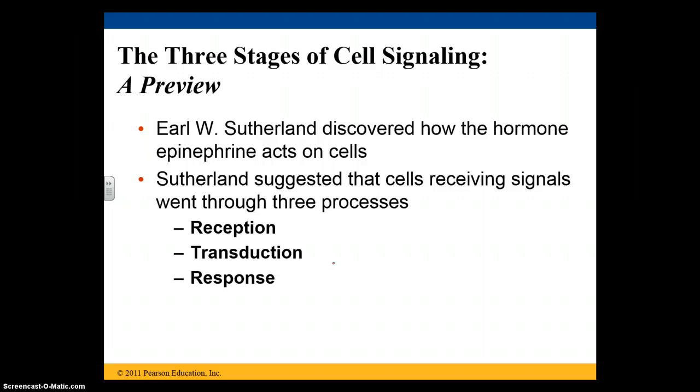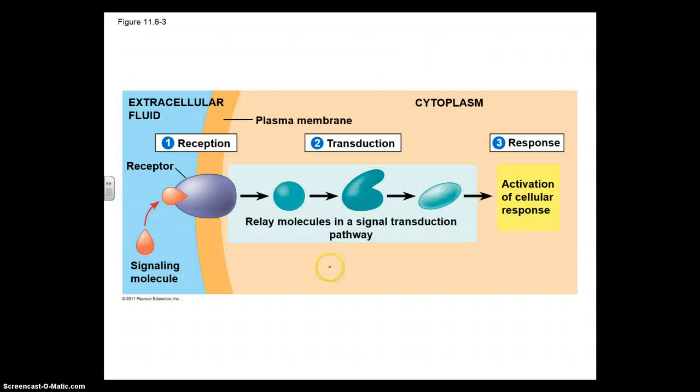So there are 3 stages of cell signaling, and Earl Sutherland discovered these stages by learning about epinephrine. His work suggested that cells go through 3 processes. They have a reception, a transduction, and a response. So reception, remember the root of that word is to receive, so the receptor will receive the signal, as it's doing here in 1. Transduction is where the signal gets relayed through different molecules until finally there is a cellular response,